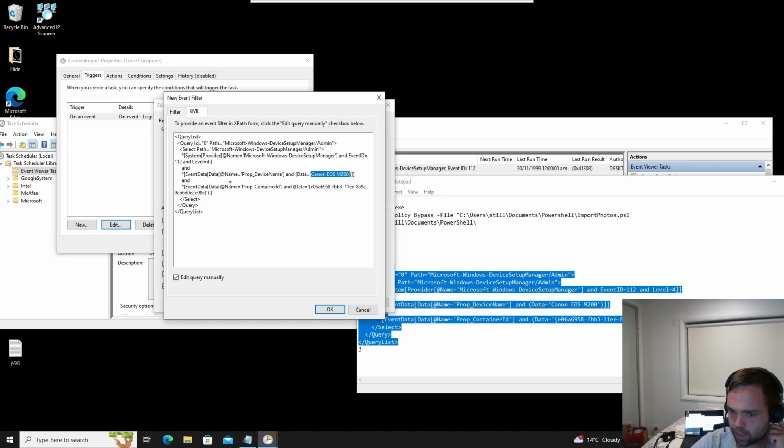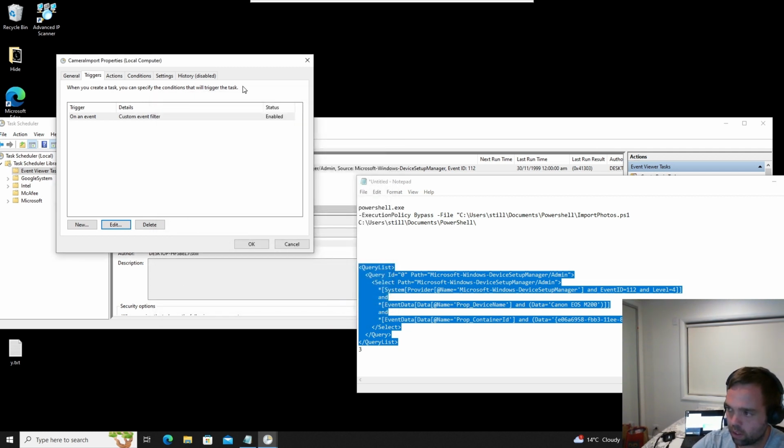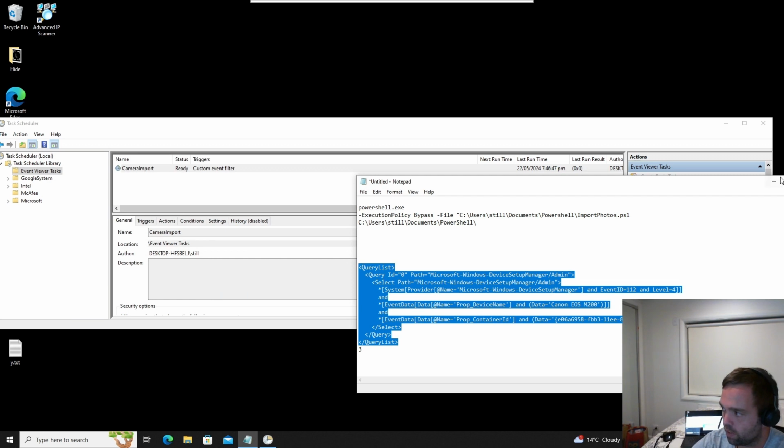You can use like ChatGPT to try and help you make this XML, or work through mine, or just not have it and have it false trigger sometimes, but it just pops up for a second, disappears. So now I'll go OK, close that, close everything,